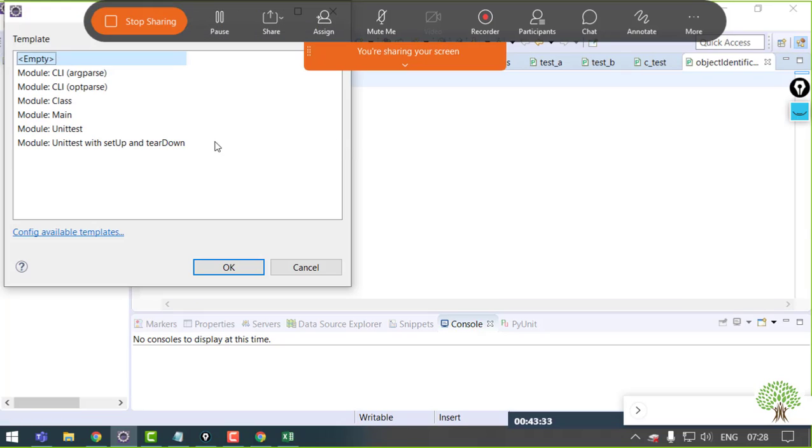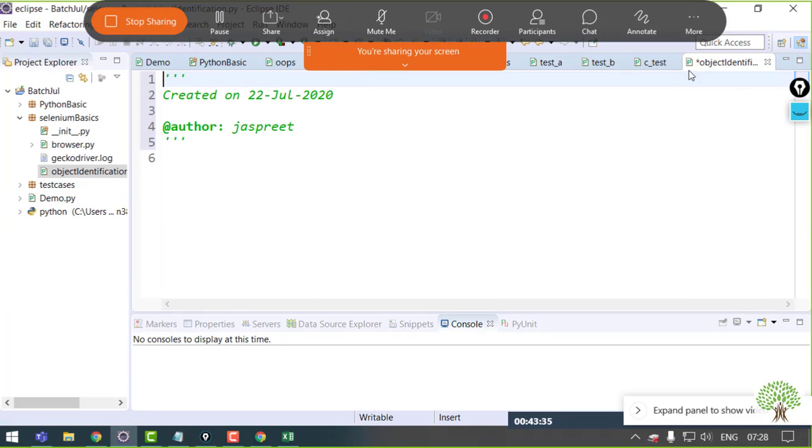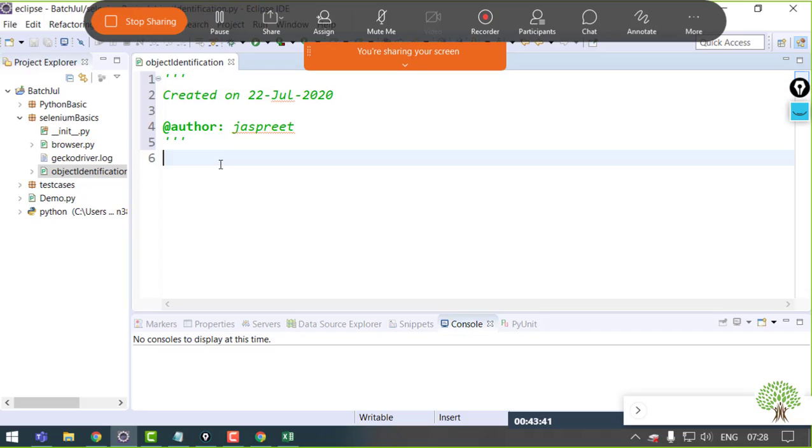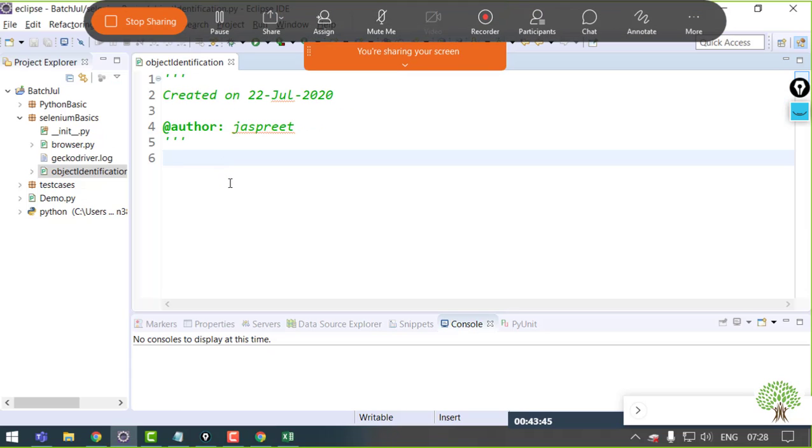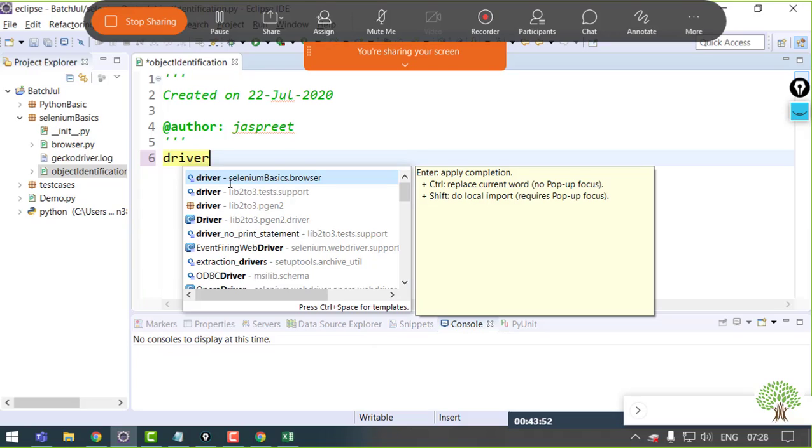Now I'll close the rest of the tabs. We have already seen how to open up a browser and go to the URL, so I'm going to do that first. I'm not making a test case right now, just general code that I can run simply.